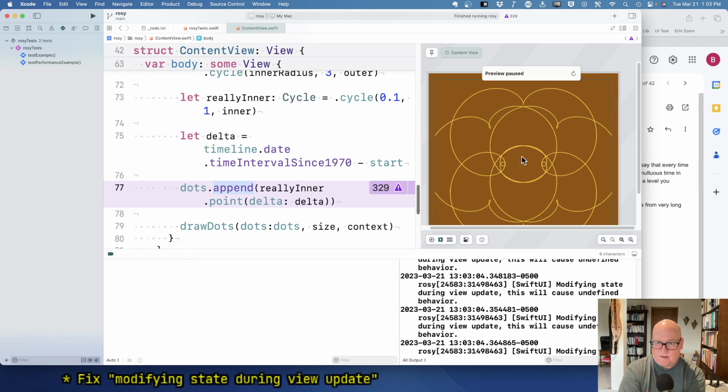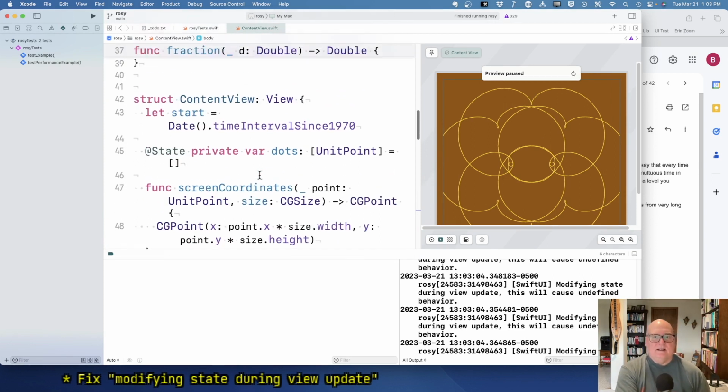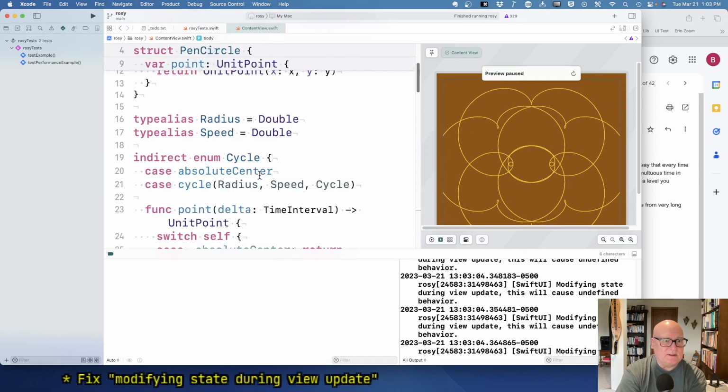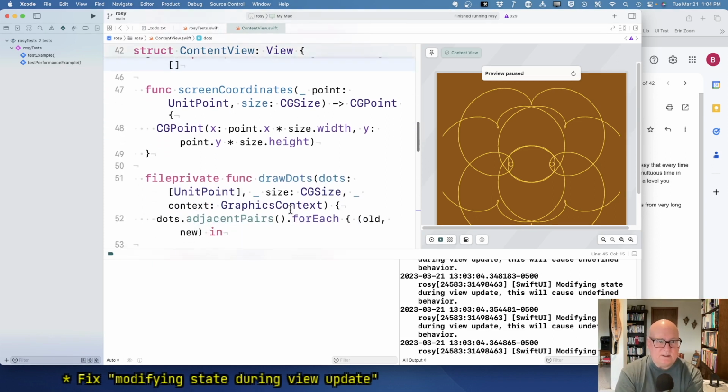I don't know why it didn't get caught in here, but I also noticed I'm doing this a little oddly. I kind of did it automatically, but I probably should have thought more about it. I'm not sure of the solution, but we had this set of dots, and it's marked state, which says when you update it, it should trigger a refresh. Now we don't really need that because the driver is really that animation loop, and we just redraw everything anyway. So the fact that you add it to it doesn't trigger anything as far as we're concerned, really. I mean, it may in this sense, but